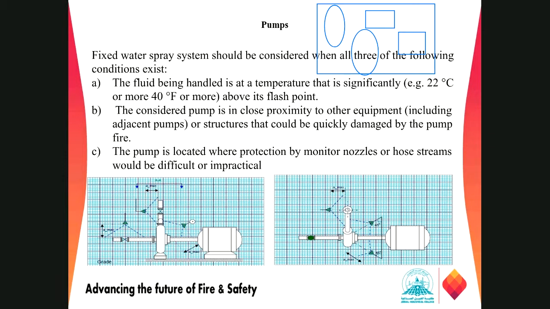So if there is a fire at this location and it is surrounded on all sides, who is going inside to fight the fire? That's a process area, right? It is not safe to go into those areas. In most cases, the fire will grow to all the other equipment, and maybe it will harm the person who is going inside to fight the fire with the monitor or with the hydrant, right?